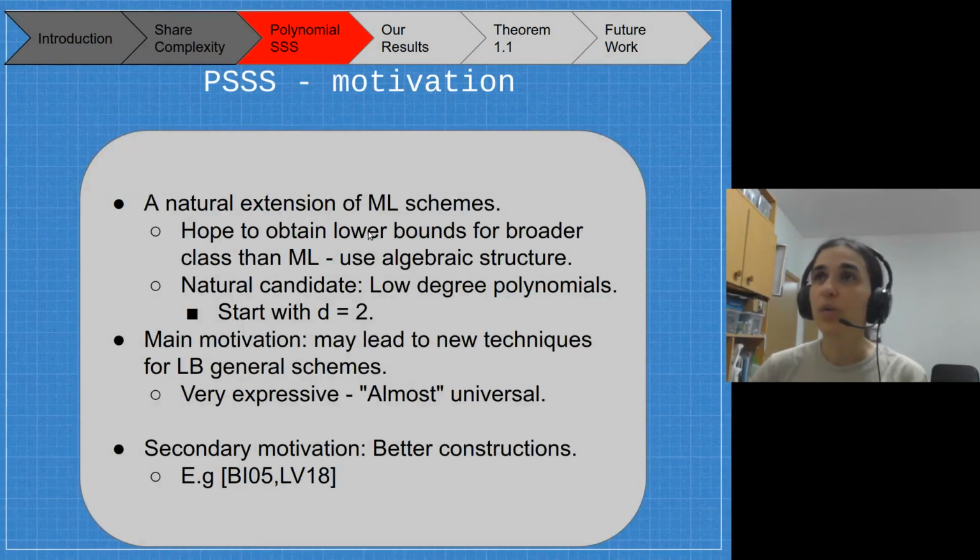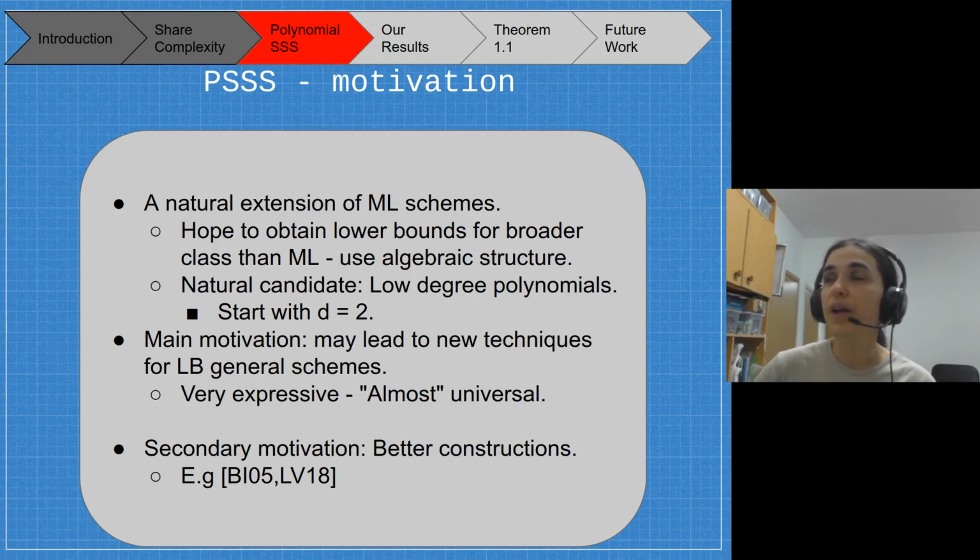Okay, so why do we introduce this model? Basically, in this work, we initiate the systematic study of this model. A few works from the literature already fall into this framework, but there is still quite a lot that is not known. And our main goal is the hope that it will help obtain lower bounds for a broader class than multilinear